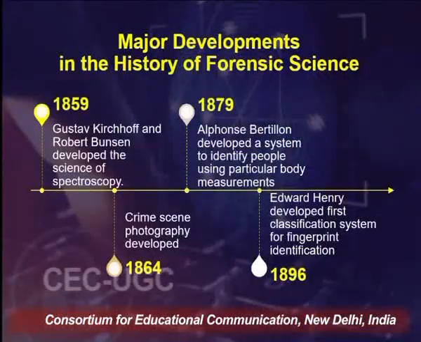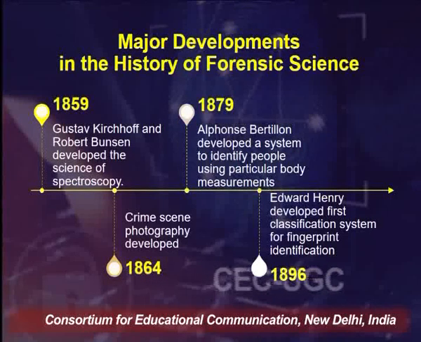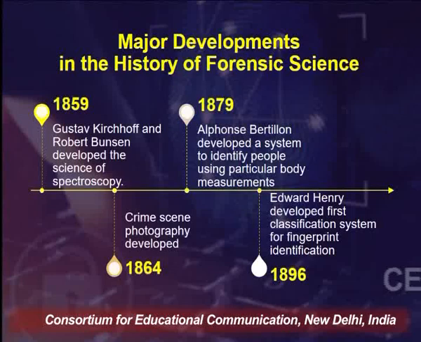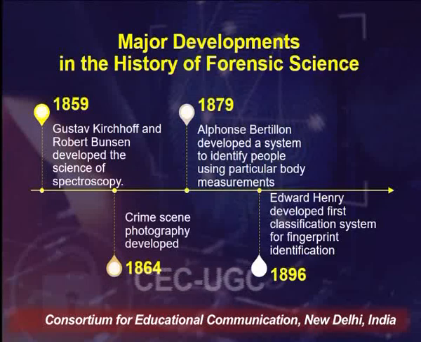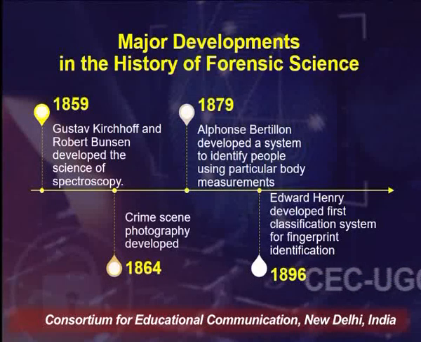Then in 1879, Alphonse Bertillon devised a system of anthropometric measurements, which is the first major identification system through which we can identify a person. He included major features in this system, for example, the height of the person and various marks, the distance between both the eyes, the distance between various arms and the hands, and that is still used for the identification of a person. Then in 1896, Edward Henry developed a classification system for fingerprint identification. Fingerprint is one of the major evidences in forensic science because this is the only evidence where we can individualize a person, and not even twins have the same fingerprints.